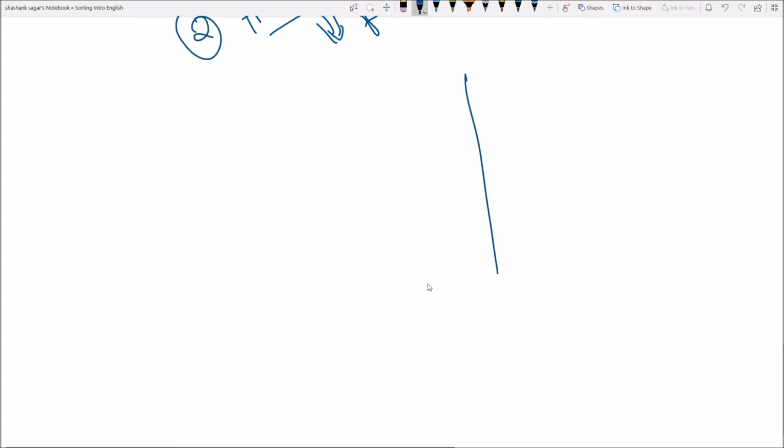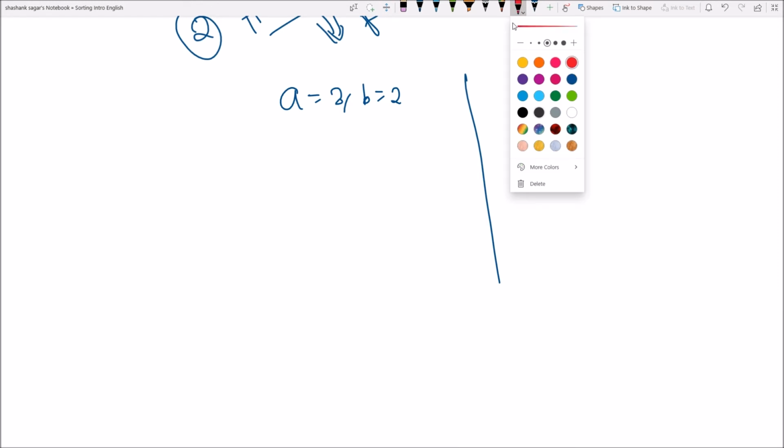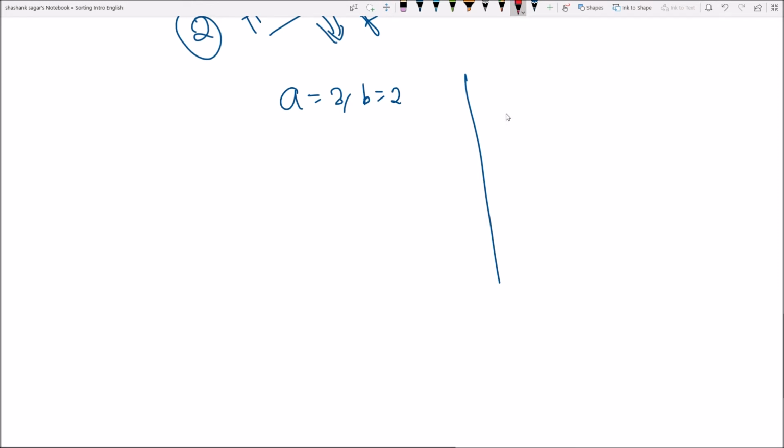See, let's see this example. A is equal to 3, B is equal to 2, and I want to swap these two numbers. So how can I do it? I can do it by creating a temporary variable and putting A into it. Okay, then in A I will put B, and after that in B I will put temp.